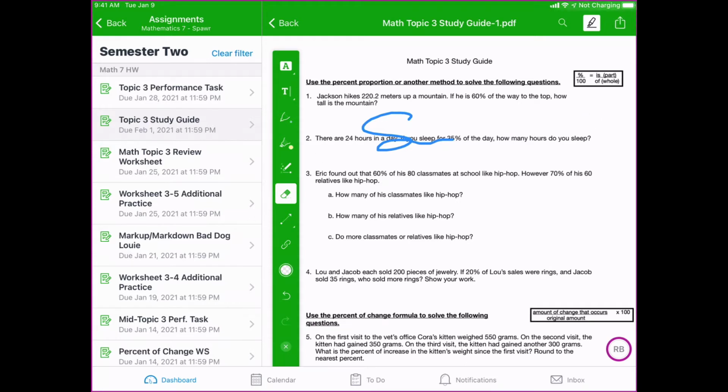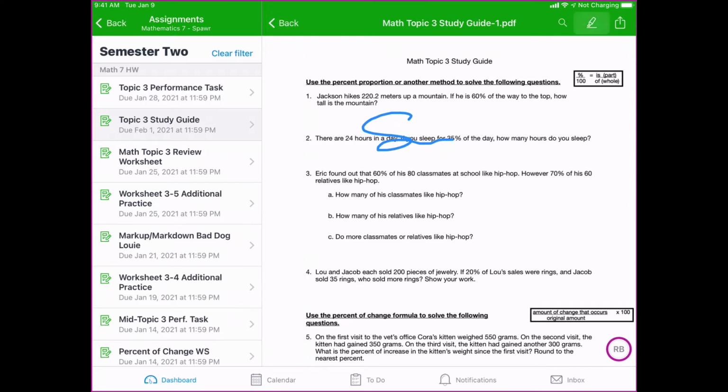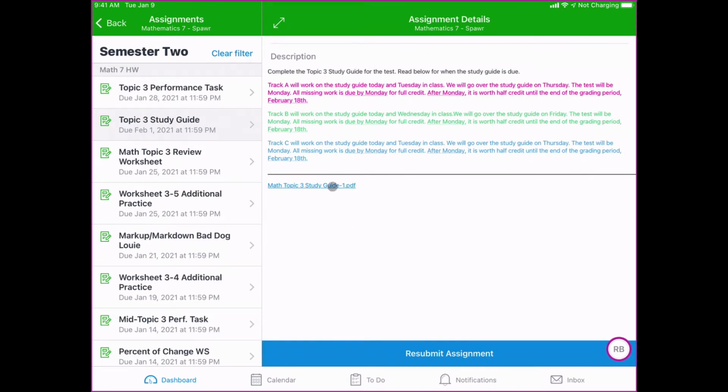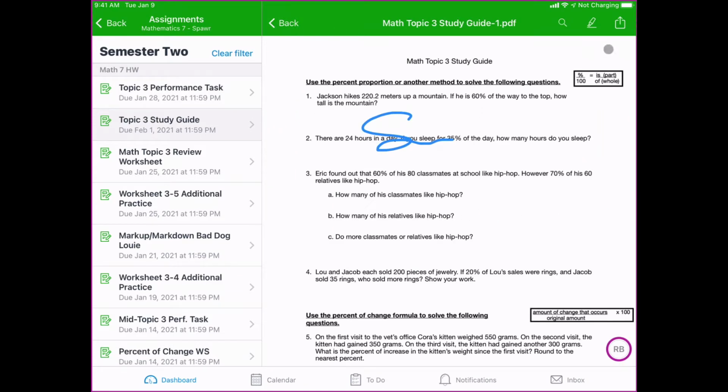The problem with this tool is if I close the app and I forget to turn the tool off, or I don't go back the right way, I may lose my settings. This tool stores what I'm doing in the Canvas app. And if something happens, maybe I have to reinstall the app, or maybe the app crashes, I may lose any temporary things that I've written in here.